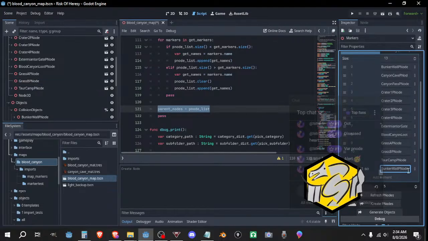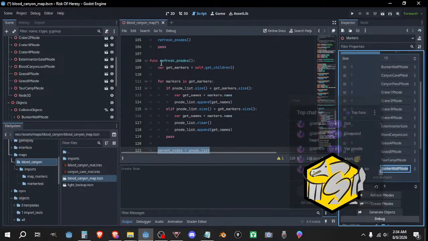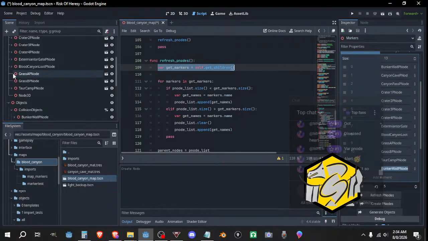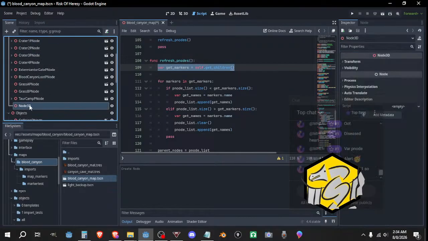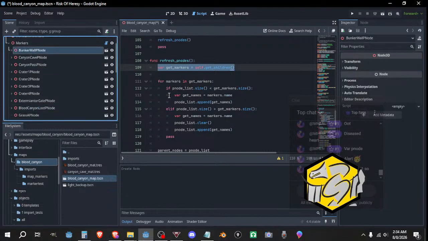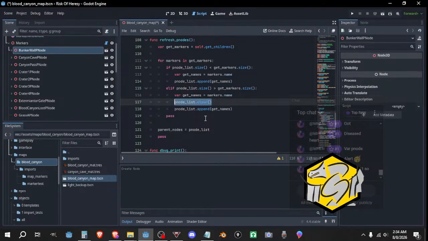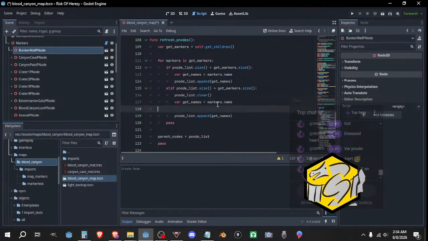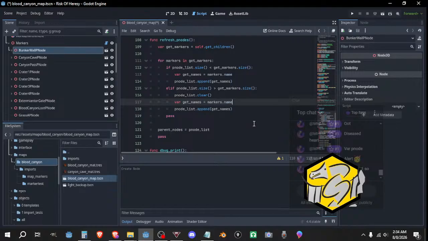He gave it the same name as the... because it should be searching for all the children in here. It should be getting this name, not the bunker wall name. That's weird. You know what? Maybe we should clear it first, then get the names. That might be why. Clear it, get the names, then append it. I think the first step would be to deletus maximus, and then